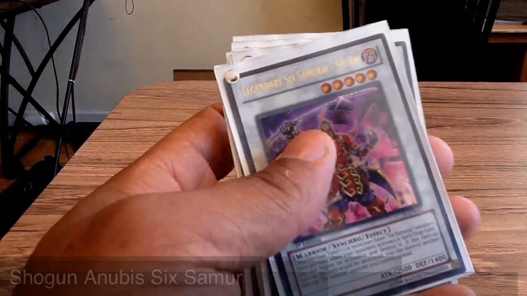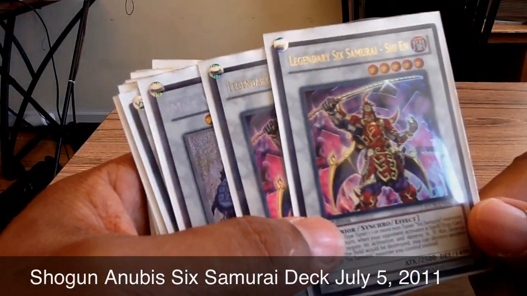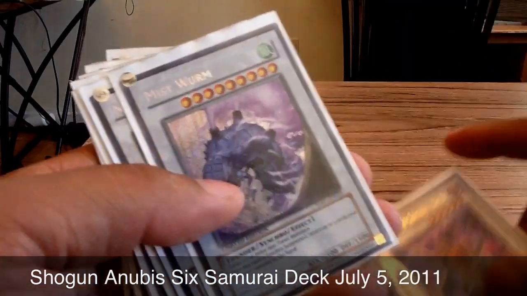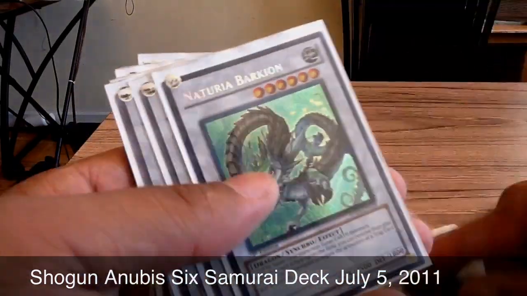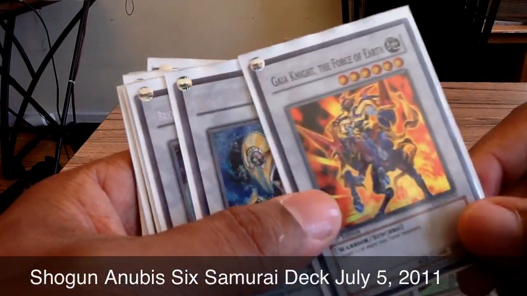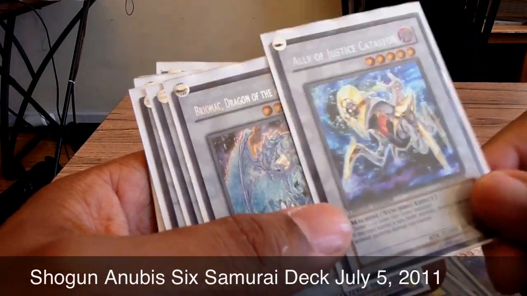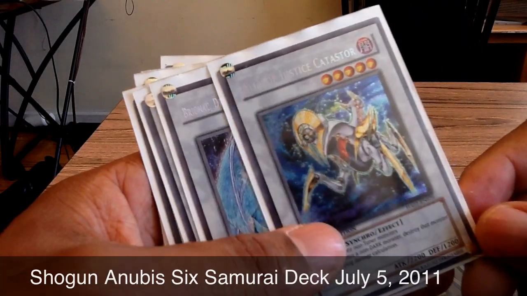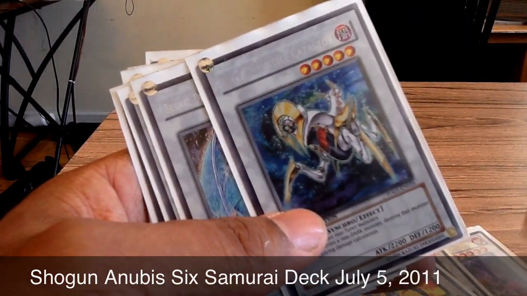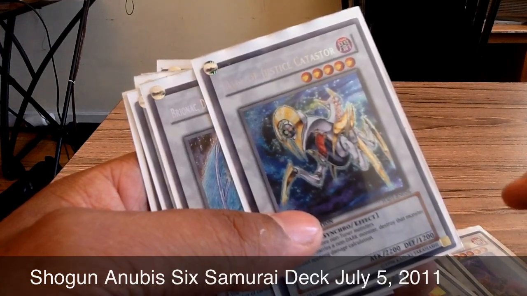Boom. Okay, so these are the synchros that I have for the 6 Samurai. We're rolling with 2 Shiens, 1 Mistworm, Barkion, Gale Knight, Catastor. I'm really considering running 2 Catastors because of the new format coming next month with the XYZ monsters, or